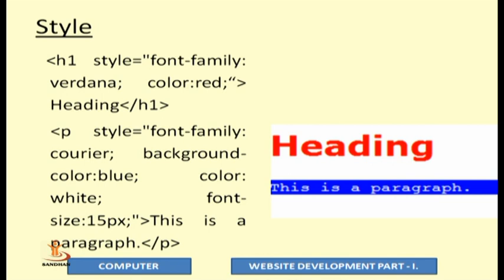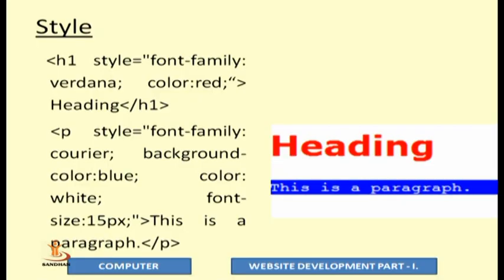Now moving ahead with HTML, whatever text we have seen till this moment, these old texts were not covering the formatting aspect. Now formatting is the important part, because when we are writing a Word document, we want some things to be shown in a different color, with different font size, with a different layout. So to see that particular aspect, now we are moving to one important tag, that is called style.